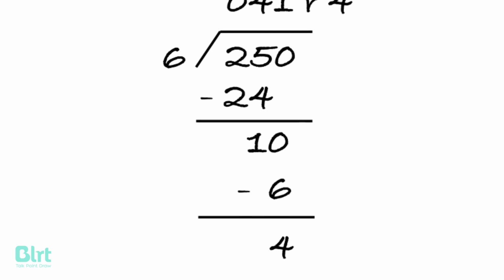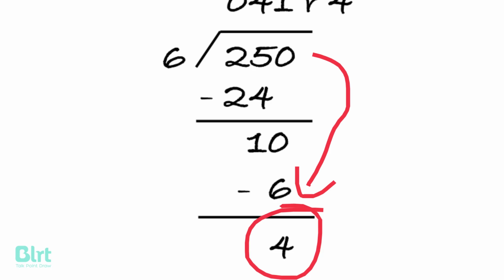Now the reason that we know that we've finished our equation is because there are no more numbers here that we can easily bring down in order to make 6 a bigger number. So we can't continue to use a multiple of 10 to keep dividing. So that's how we know that we've gotten to the end of our equation, and we've only got 4 single